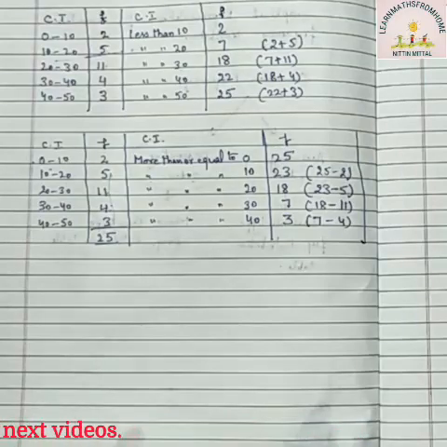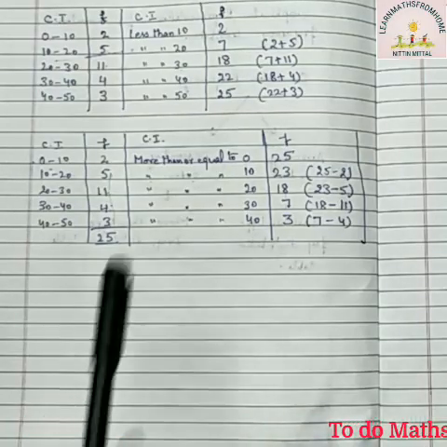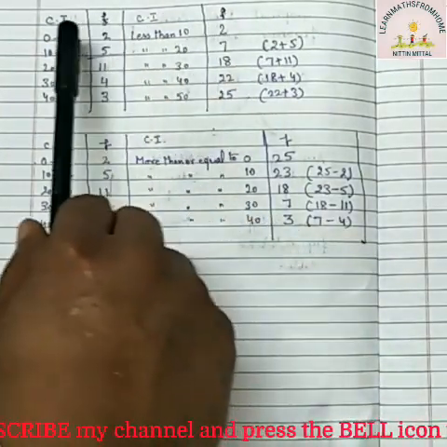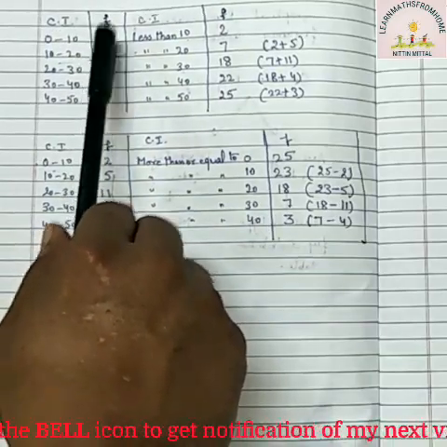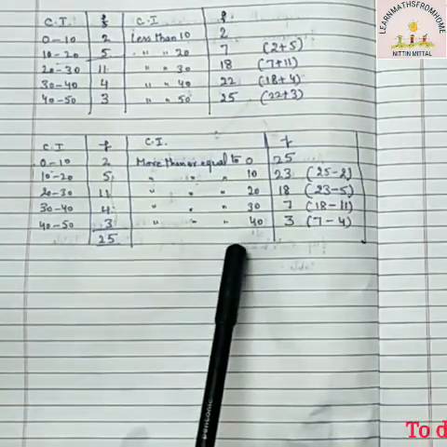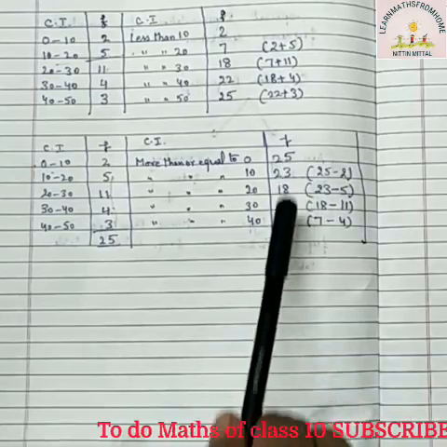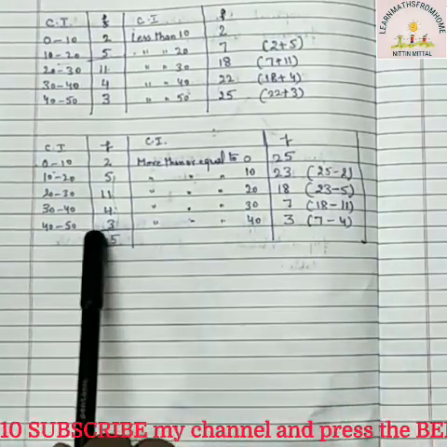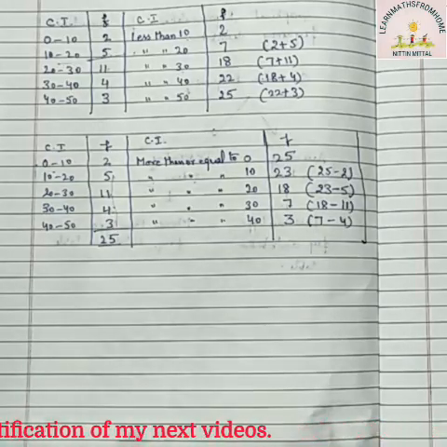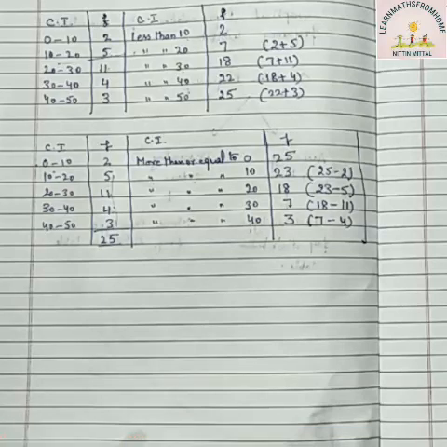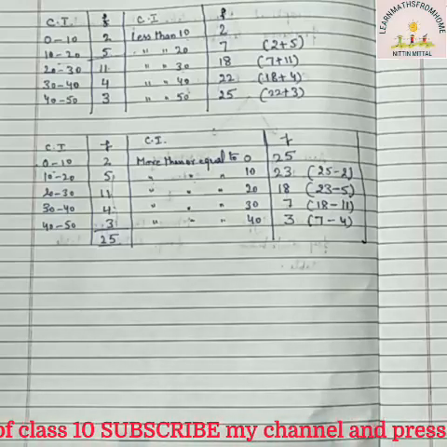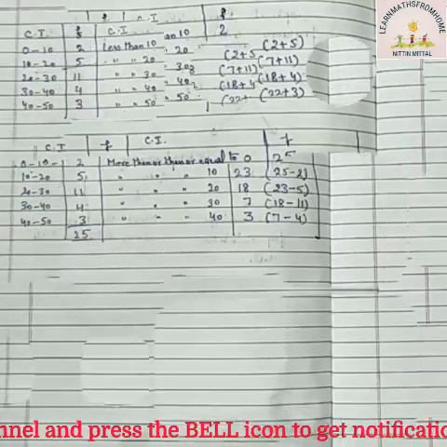Another important thing that you should consider, in less than type distribution table, the first frequency remains same as compared to group data, simple group data. See, the first frequency is same and last is total. In case of more than, first is total and last frequency is same. You see here 3, it is same, right? So this is how we convert the simple group data into less than type frequency distribution table or more than type frequency distribution table. So now we will see